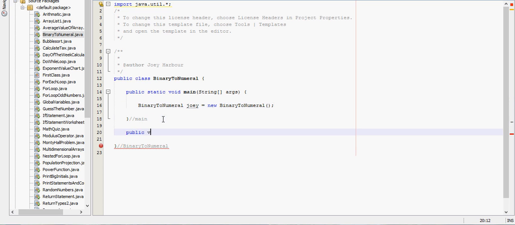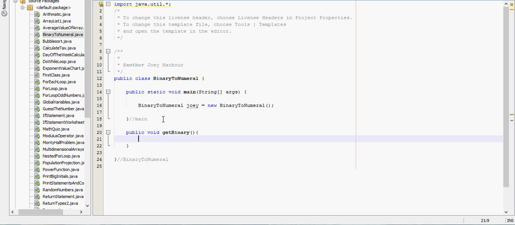So we first need a method to get the binary number. Public void getBinary, and that won't need to take anything in. At the beginning of the getBinary method, we need to create a scanner. So we'll say Scanner input equals new Scanner(System.in),